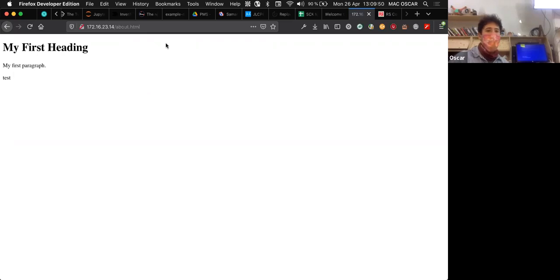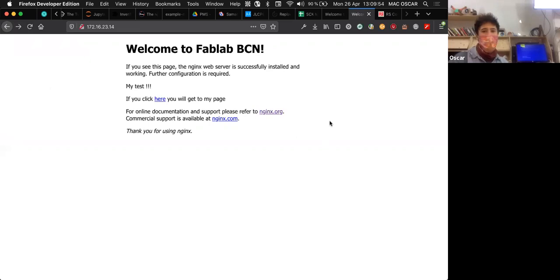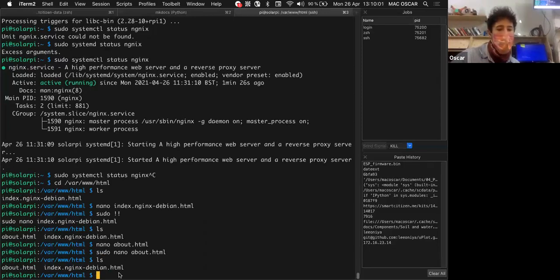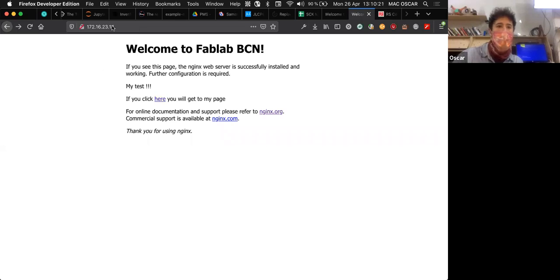Okay. And then from here, there's no way to go back to the index, so I have to go back. Okay, good. So now we know that here we have the website. Let's look at where this is configured. How is Nginx configured to know that this is the web page that we want to deploy, that we access only port 80, that it is the same to do this than to do